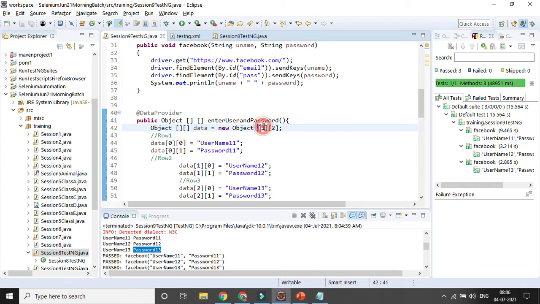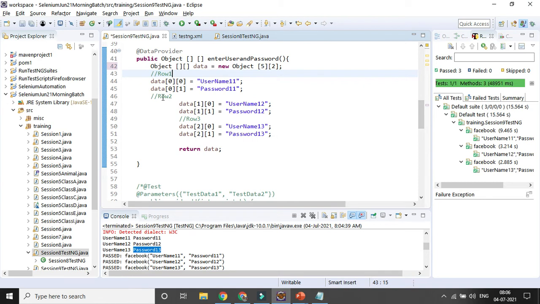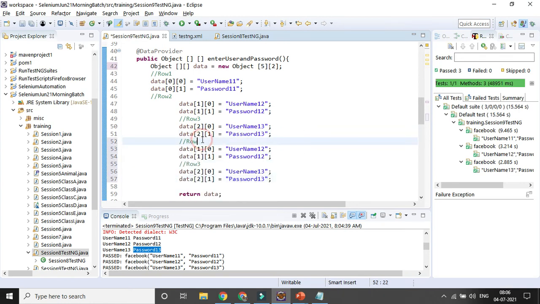Suppose instead of 3 runs, I want to run it 5 times. So I will change the row value to 5, and here I can add 2 more rows, right? So it will be iterated 5 times. Here it will be row 4, right? It will be 3 here because n minus 1, and here I can change it to 4, and if you want row 5, it will be n minus 1, meaning row 4, 4 and 4, and here it will be 5 and 5. Now it will be iterated based on the value.